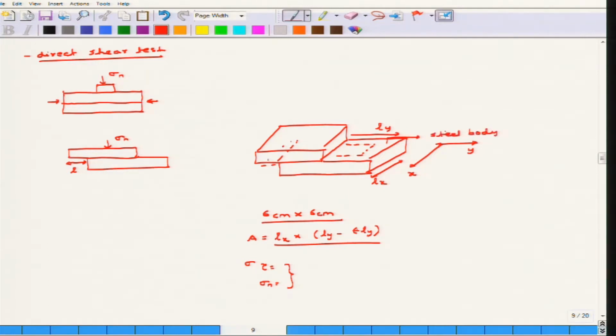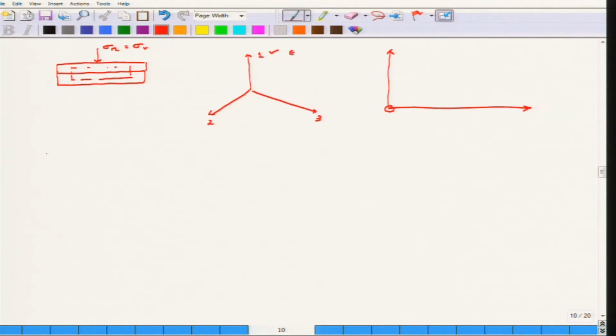So the soil mass is allowed to move only in the vertical direction, but no displacement along both the horizontal directions. That means again only epsilon 1 is allowed. Epsilon 1 is not equal to 0, while epsilon 2 and epsilon 3 are both equal to 0. So the soil mass is not allowed to move along both the directions. If this is the case, then from the basic definition of solid mechanics, stresses will develop